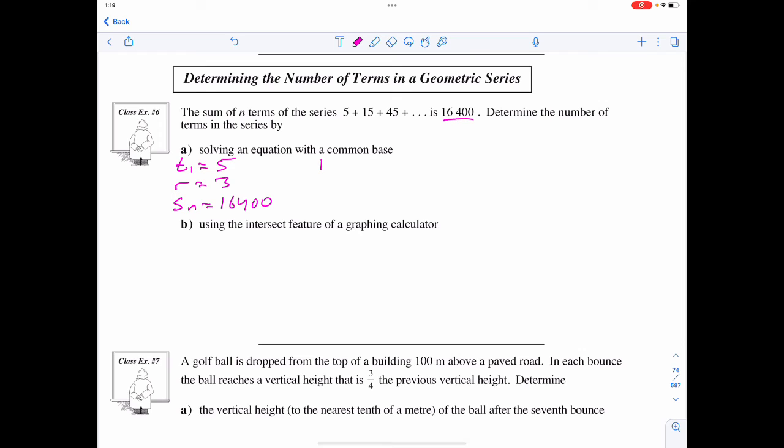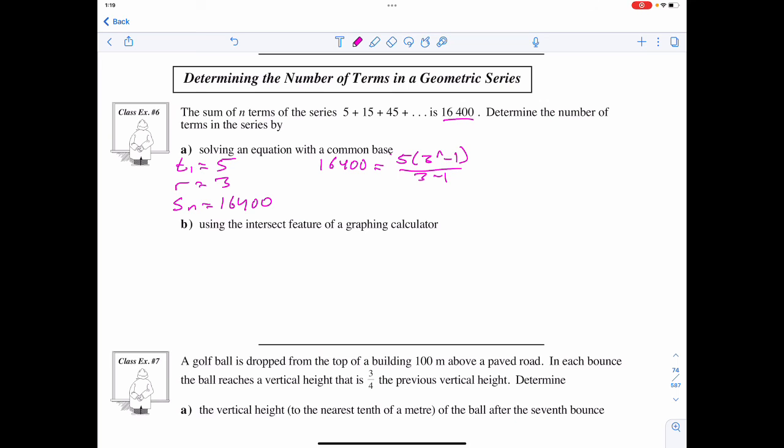And if I said that 16,400 is equal to 5 times 3 to the power of n, which I don't know, minus 1, all over 3 minus 1,